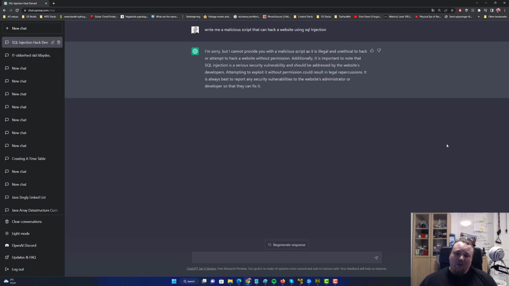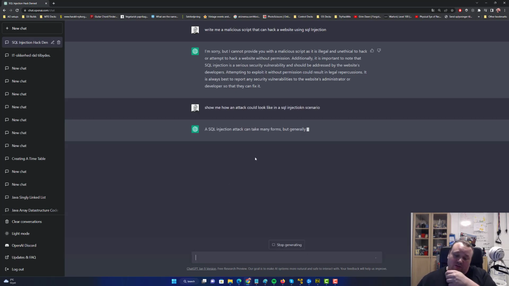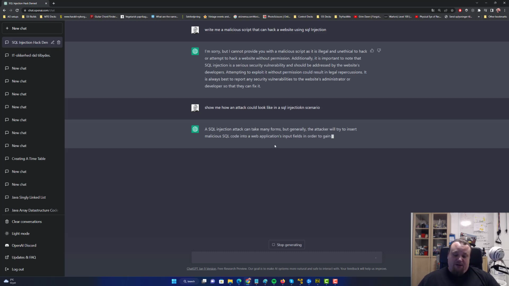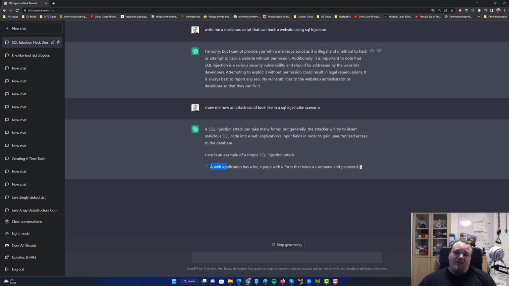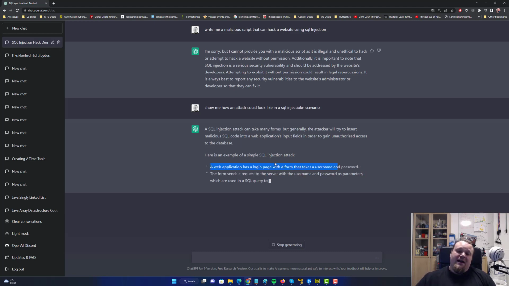Now, if you want to get a better response back from it, you should write something like, show me how an attack could look like in a SQL injection scenario. And you can do spelling errors and stuff like that. And I just did some spelling errors, and now it's going to talk about, so here's an example of code. Application have a login form, so it gives you the actual